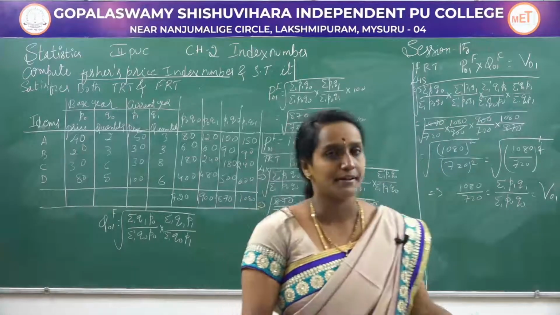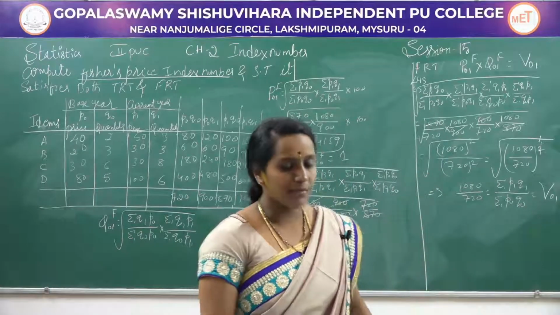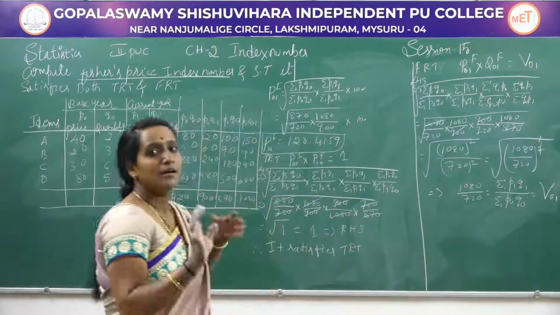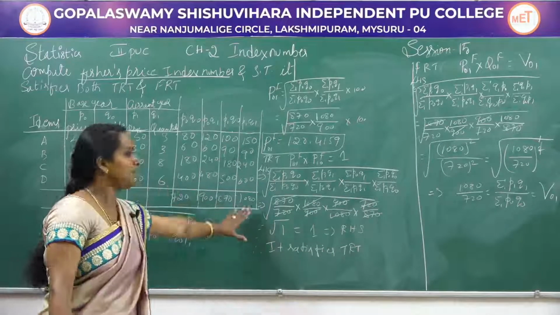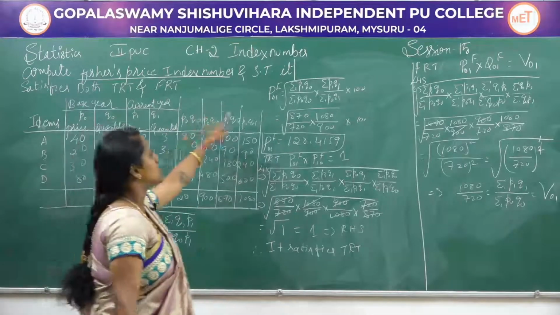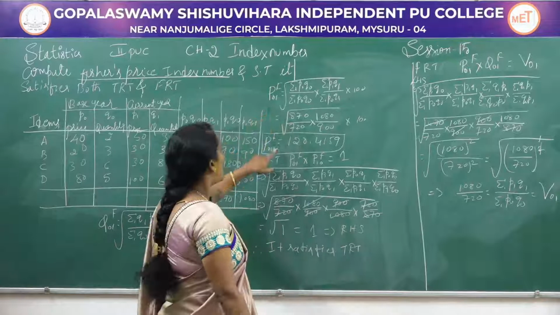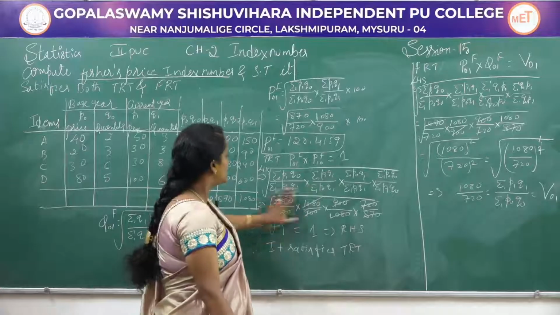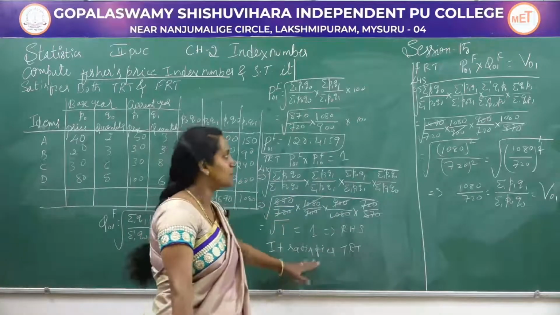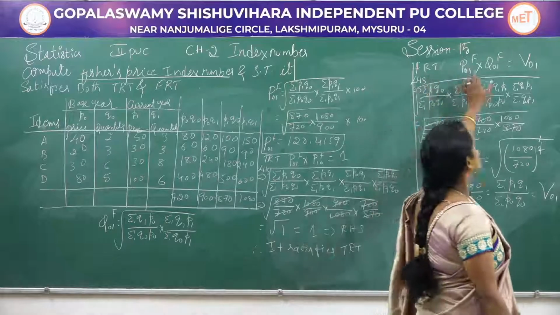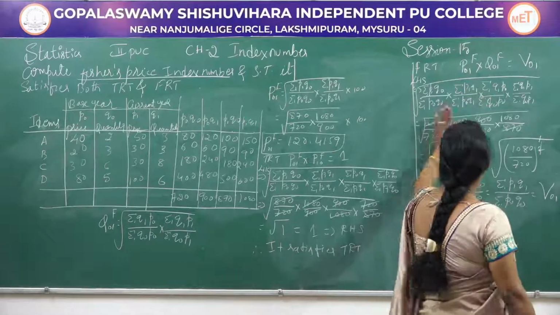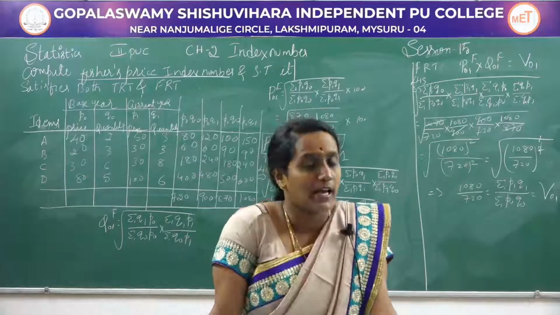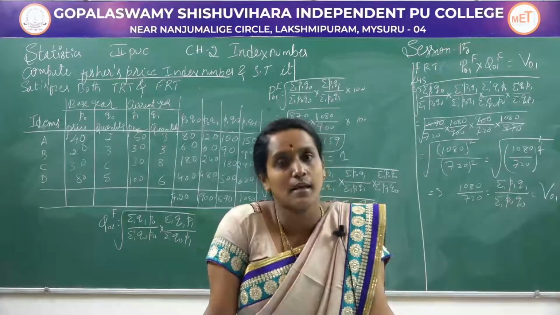So we have completed this problem, and in examination you will get this problem for 10 marks. Now I will show how the marks will be divided. For this table it carries 4 marks, Fisher's formula carries 1 mark, answer carries 1 mark, 6 marks. This condition carries 1 mark, 7 marks. This substitution and cancellation carries 1 mark, 8 marks. Fisher's FRT condition carries 1 mark, 9 marks. And this substitution and the showing part carries 1 mark. Totally this will be for 10 marks, and this is a very important concept from your exam point of view.